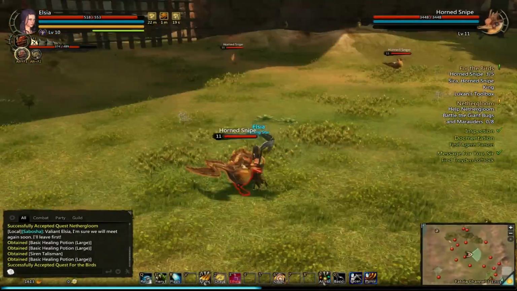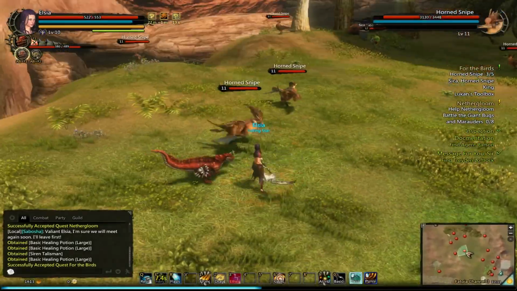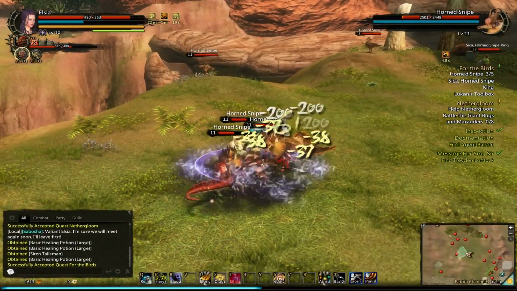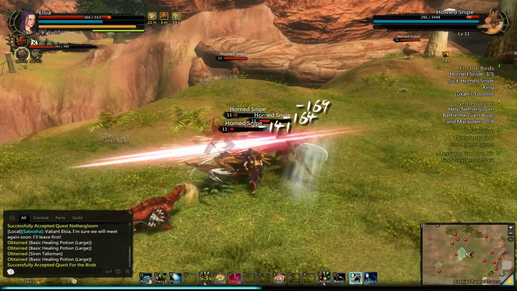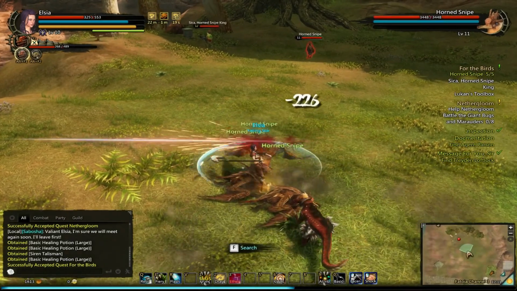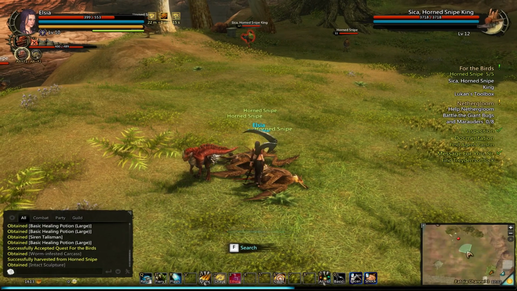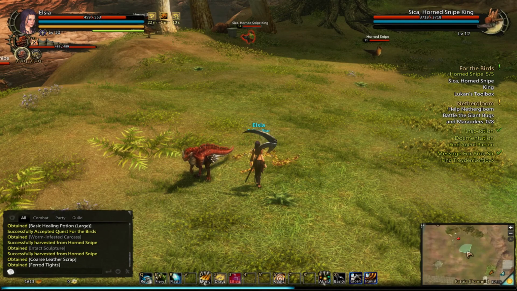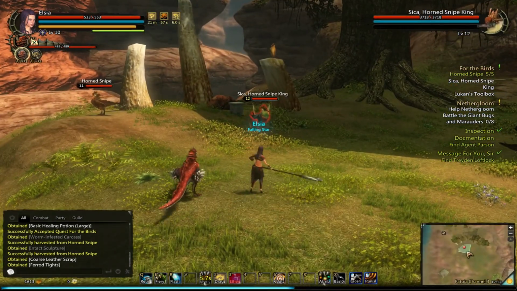Alright, what I'm going to do is try and grab as much aggro as I can. Come on, dragon. There we go. Alright, dash. AoE, AoE. Use the Dragon Claw. And that right there is the solution to taking too long. Just kill a bunch of stuff at once. I think focusing on one-on-one fights, aside from tough enemies like the Horned Snipe King here...